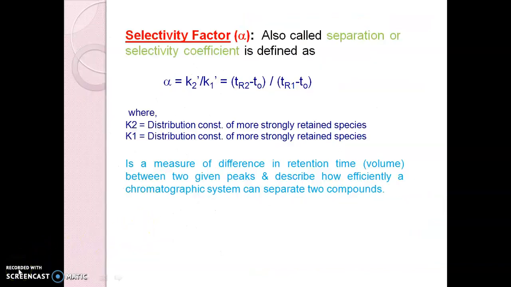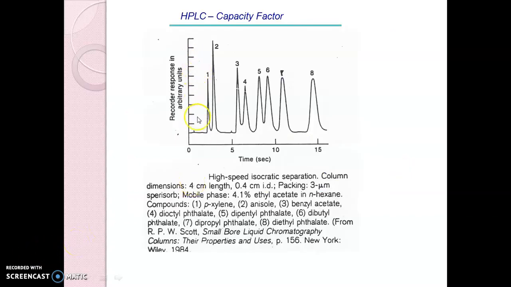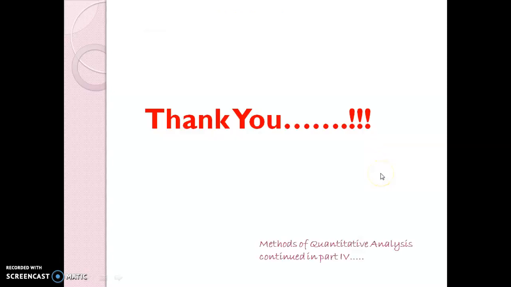Then the selectivity factor, also called the separation or selectivity coefficient, has this formula. It is a measure of the difference in retention time between two peaks and describes how efficiently a chromatographic system can separate two components. So here we have seen these system suitability parameters in detail. Now, this is the chromatogram, which indicates good resolution of all peaks. In the next part we are going for quantitative analysis. We are going to see the quantitative